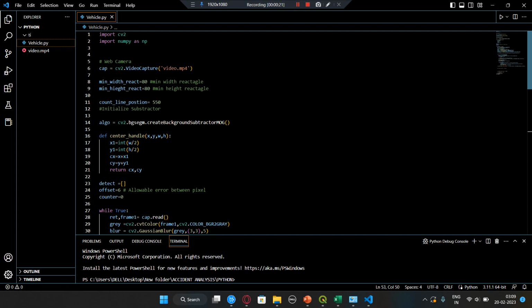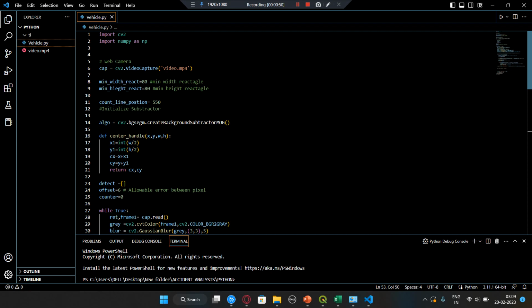So we have written a program using OpenCV and Python, which uses AI and machine learning to count the number of vehicles. This project can further be updated in future to read the lanes, the speed, and predict accidents.